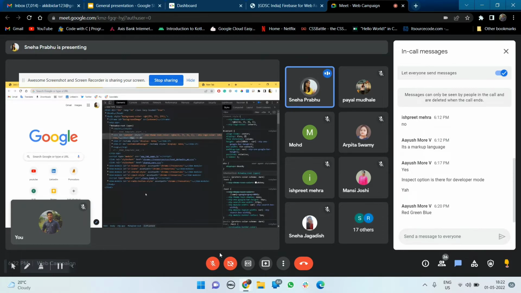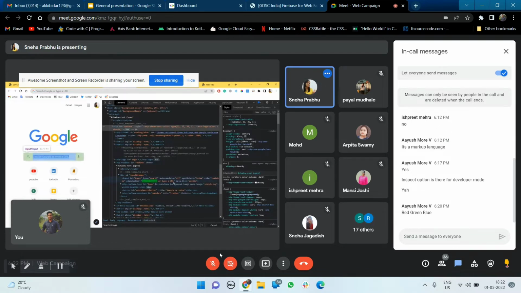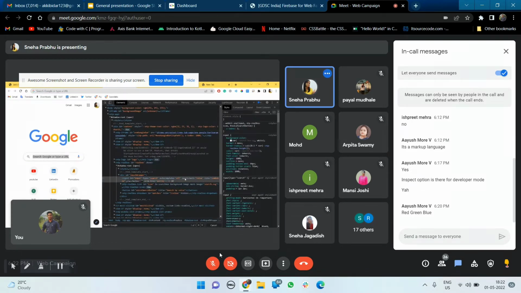So do you know what Control F does? Anyone? Let me just tell you. On any website, just press Control plus F, then you will get the search string, right? So I'll be searching "search Google" because I want to change this, like "search Google or type URL". I want to change it. So what should I change? Let me change it to: Sneha is in